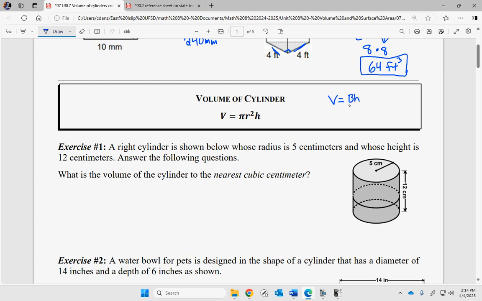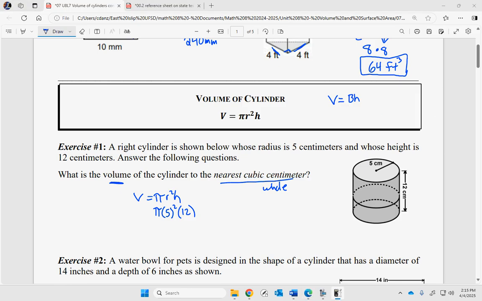So a right cylinder is shown below whose radius is 5 centimeters and whose height is 12 centimeters. Answer the following questions. What is the volume of the cylinder to the nearest cubic centimeter? Nearest cubic centimeter, remember, means whole number. So we write down the formula, which is V equals pi r squared h. So we are going to do pi times 5 squared, right? The radius is 5, times the height, which is 12. And then when you calculate that, you get,